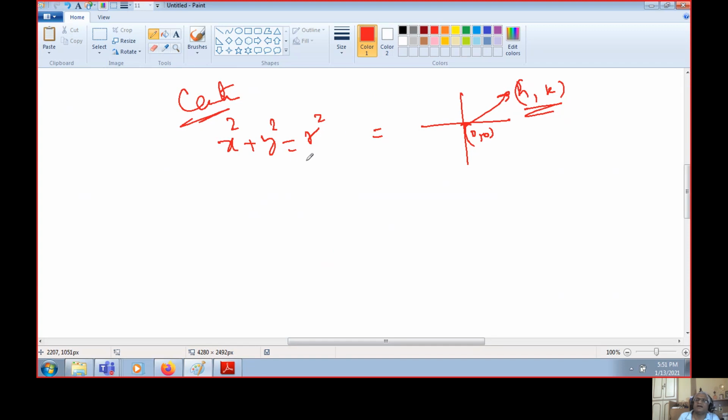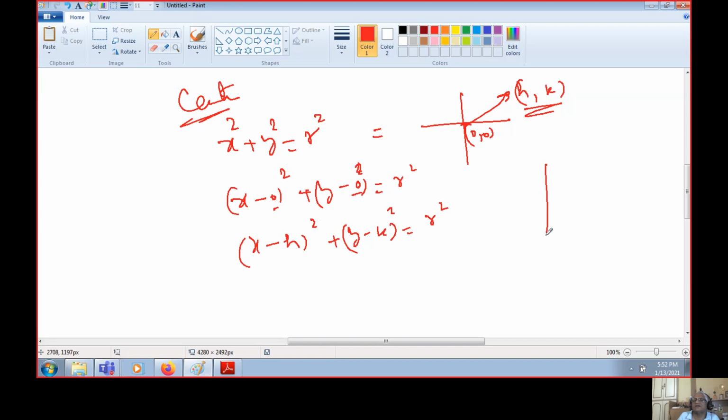In intermediate you must have done. Actually it is x minus 0 square plus y minus 0 square equal to r square. This is the actual equation of the circle, where these two are coordinates of the origin. Now that you know h and k, how will you write? X minus h square plus y minus k whole square equal to r square. That means a circle which was here is now shifted to another point here. So this is 0, 0, this is h, k. So this minus you understood, no?